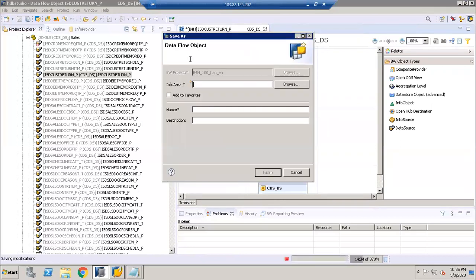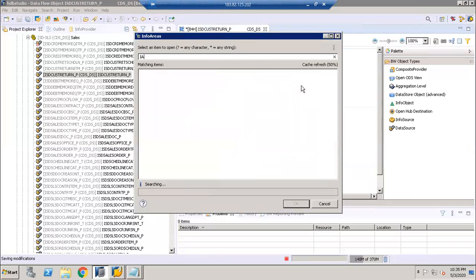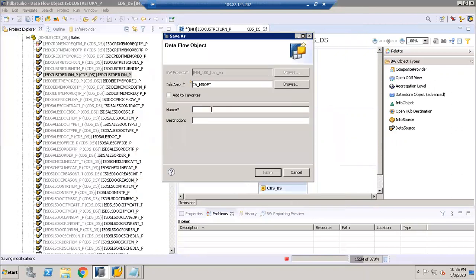See here, data flow object. What is that? Info area: IA underscore Z msoft. Customer DF.